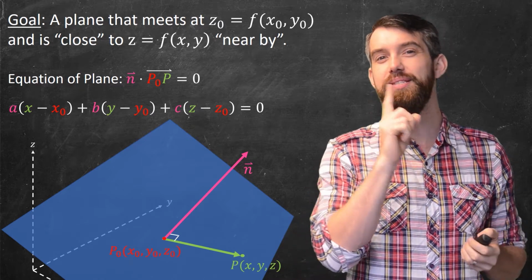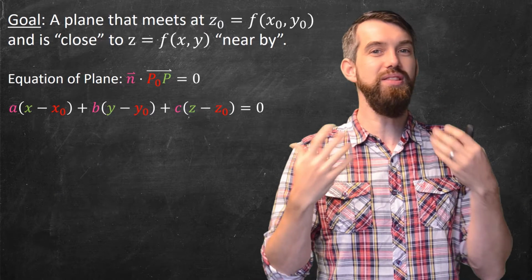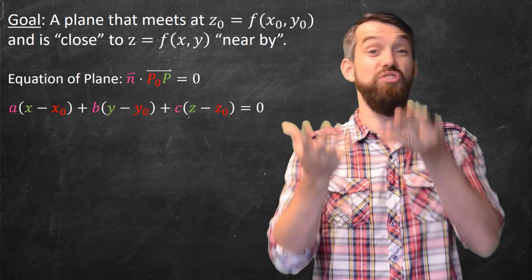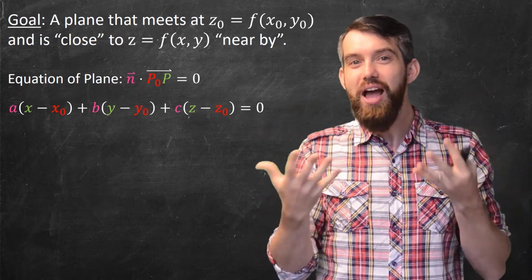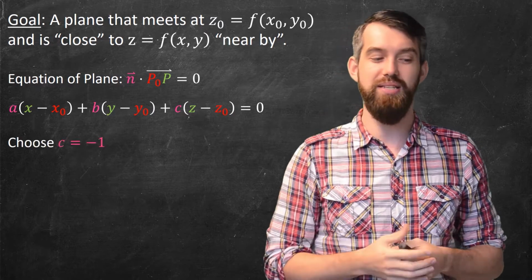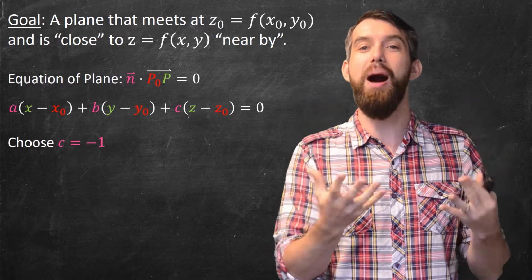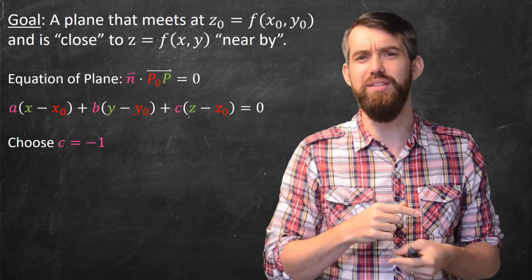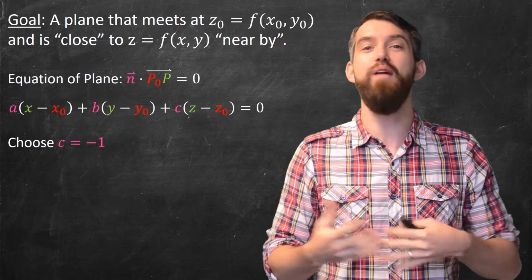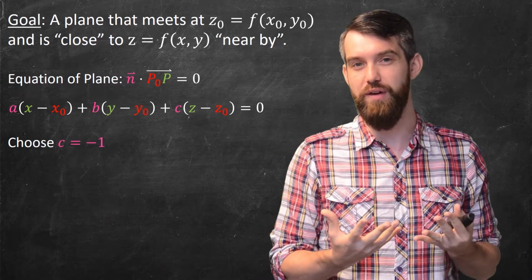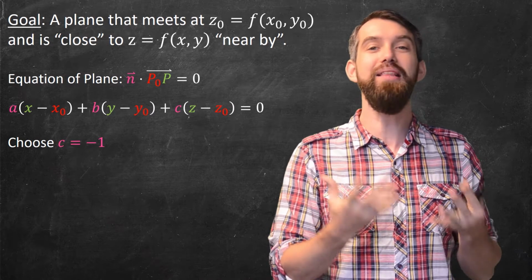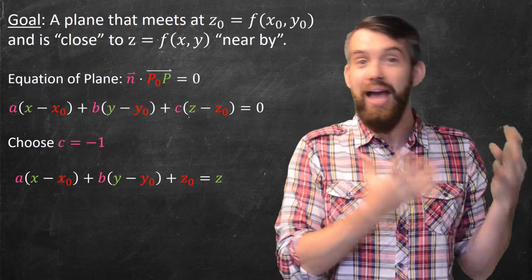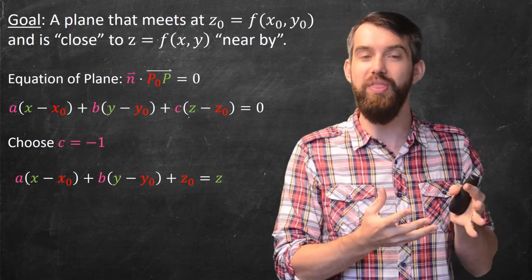I'm going to begin with a simplifying assumption. Imagine that c is any non-zero number. If that was the case, like it was, say, plus 7, I could divide through so that the coefficient of the z minus z0 was just equal to the value of minus 1. This always works unless c is equal to 0, and I'm going to let you pause and think about why that is not relevant if I'm asking for a tangent plane to a differentiable function. Nevertheless, if I make this simplifying assumption that c is equal to minus 1, then I can clean up my formula a little bit. I get the same a times (x minus x0), and b times (y minus y0),